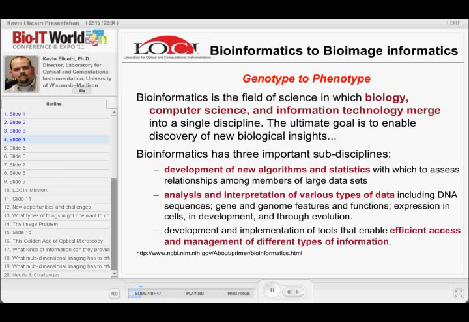So I'm giving some examples of these, but these are the core areas that we work in, in this field of bioinformatics. And bioimage informatics is a subset of bioinformatics. It's closely linked. Again, if you think about what bioinformatics is in genomics, it includes the development of new algorithms and stat approaches, analysis and interpretation of various types of data, and development and implementing tools that allow you to manage that data. Again, we have all these same opportunities in imaging, and so there's a lot of parallels. And for most of my talk, I'm going to talk about the differences and where the unique challenges are in imaging. But you can see a lot in common between the two topics.